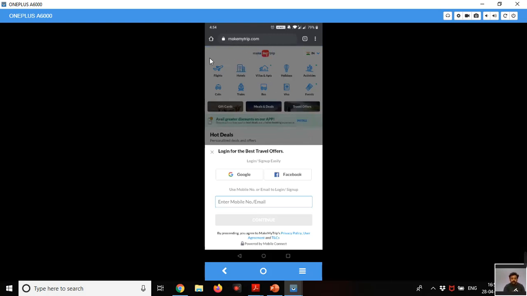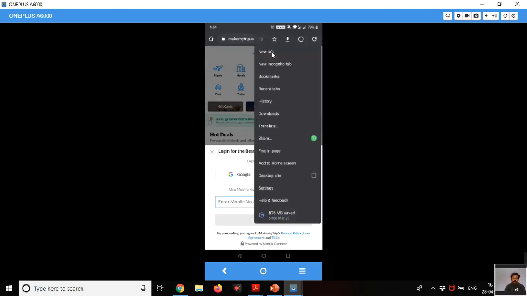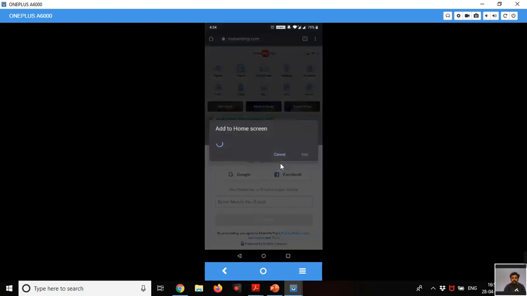I'll go to the action overflow button and click on add to home screen. Then I'll click on add.